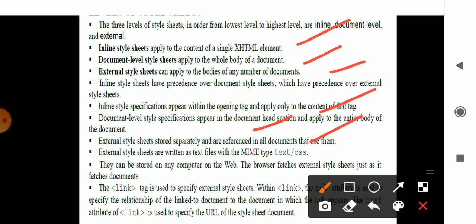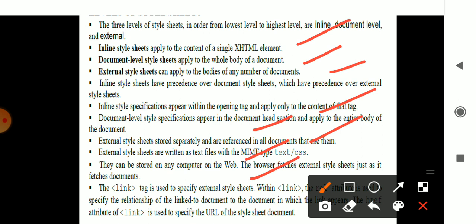Okay, external style sheets even consider MIME, that is multipurpose external files: text files, audio files, image files, all those are considered, stored on the web, and through that web you fetch the file.